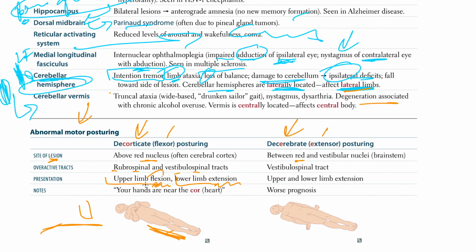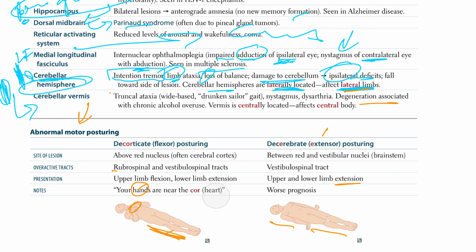So flexion of the upper limb versus extension of the lower limb. On the other hand, in decerebrate, the upper and lower limbs are both extended, right? With decorticate, your hands are near the core, and this is the mnemonic now. What is the mnemonic? Your hands are near the core. Core means the heart,